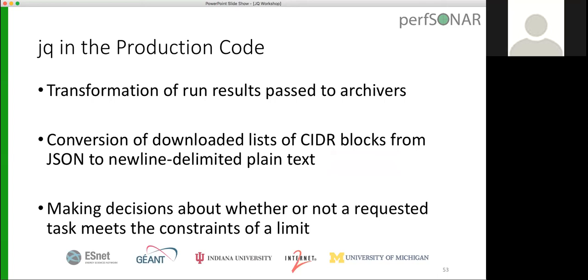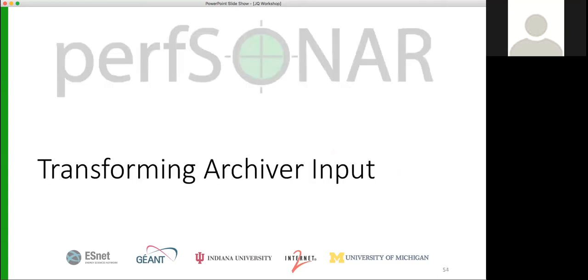And the third thing is making decisions about whether or not a requested task meets the constraints of a limit that you want to set up. So I'm going to cover each of these in some detail. Some of these will become part of other short subject workshops on various parts of pScheduler and perfSONAR. So the first thing we're going to look at